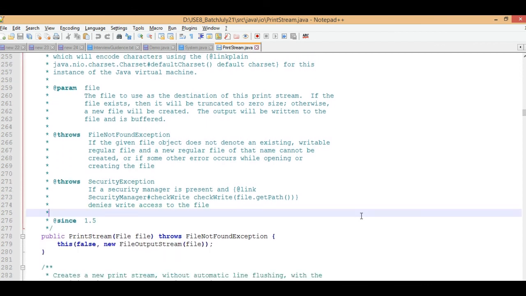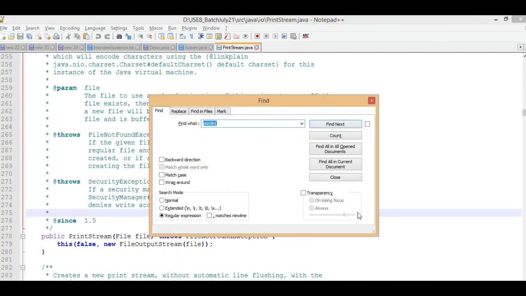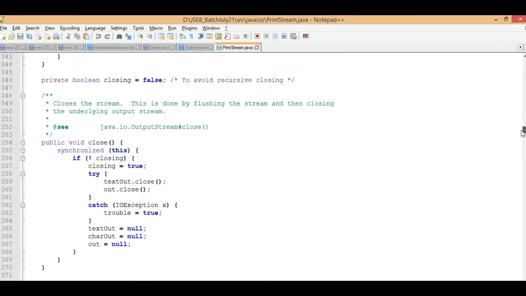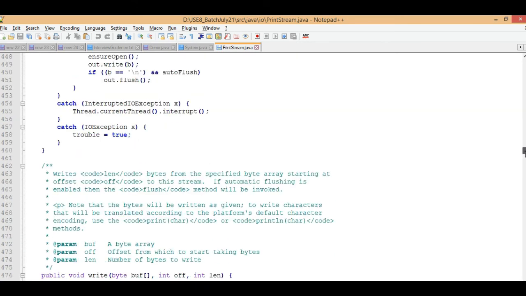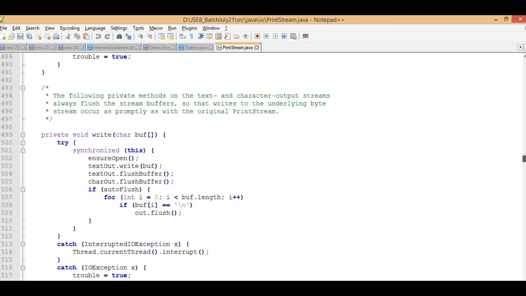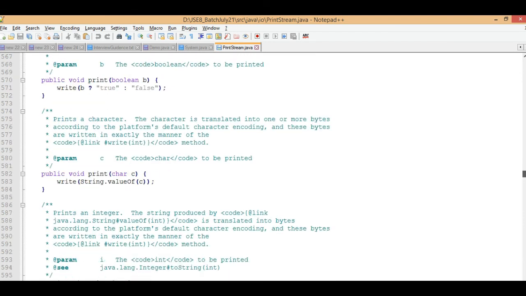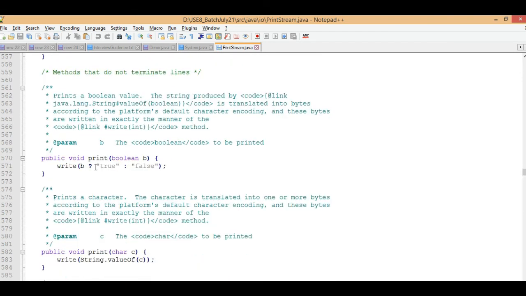You can skip this if it is beyond your understanding, but it will be much easier when you know Java. After some time you can understand this in a better way, but I'm trying to explain what's going on inside. These are the write method, the newLine method, the print method, and there are a number of print methods.